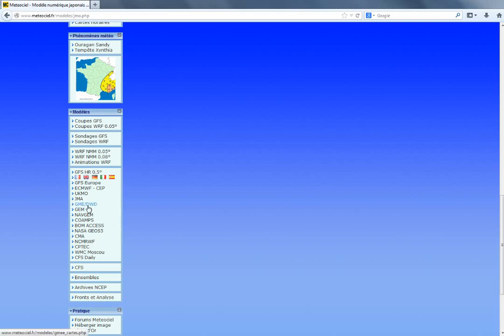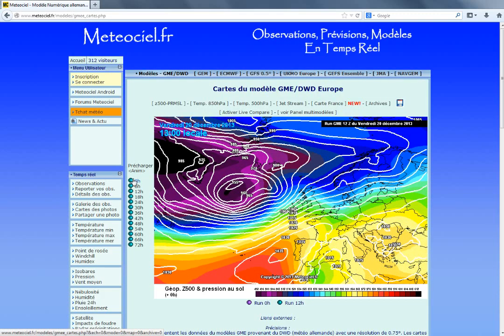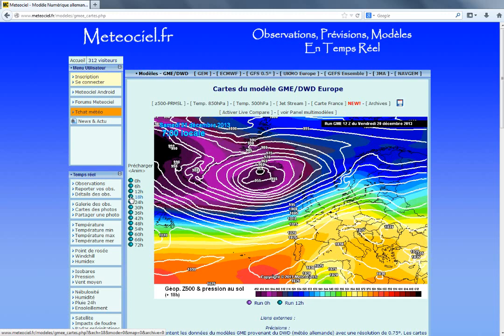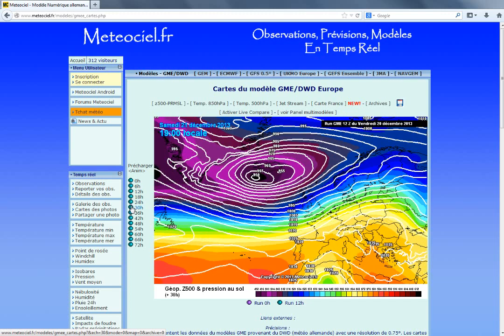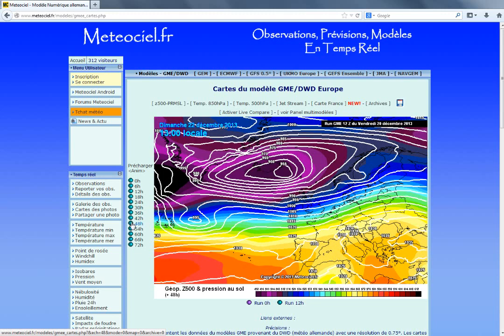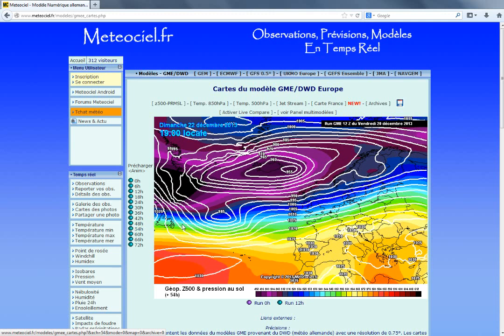The GME DWD model. The 0-hour chart, the 6-hour chart, the 12-hour chart, the 18 hours, the 24 hours, the 30 hours. That's a deep area of low pressure moving up towards Iceland on this model run. The 36-hour chart, the 42-hour chart, the 48-hour chart, the 54-hour chart, and here's this area of low pressure again,